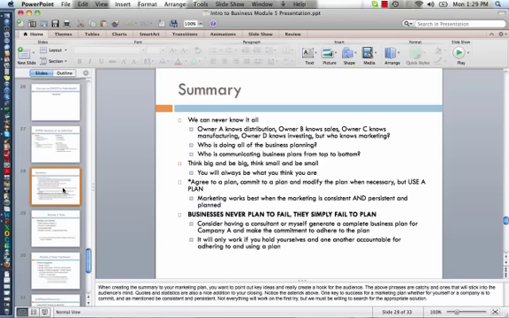In summary, in regards to the SWOT analysis, you're not going to know all the factors involved. As we mentioned in some of the discussions, you need to be willing to continually look at what is going on in your organization, and even after you create your plan, you want to be able to accept the fact that you have to go back and look at it again and see where you need to improve and make changes. Now this is going to conclude the SWOT analysis part of the video,